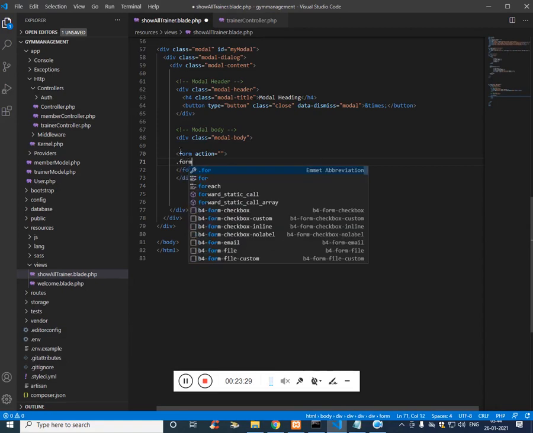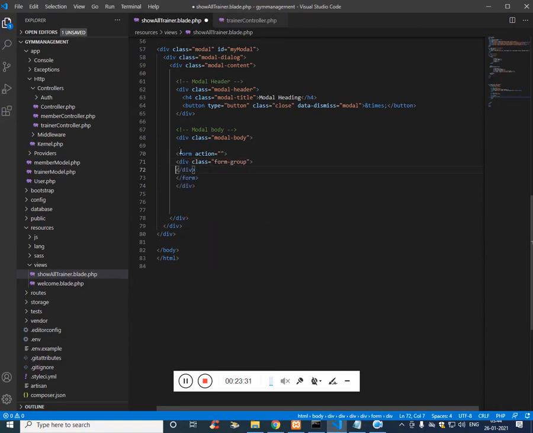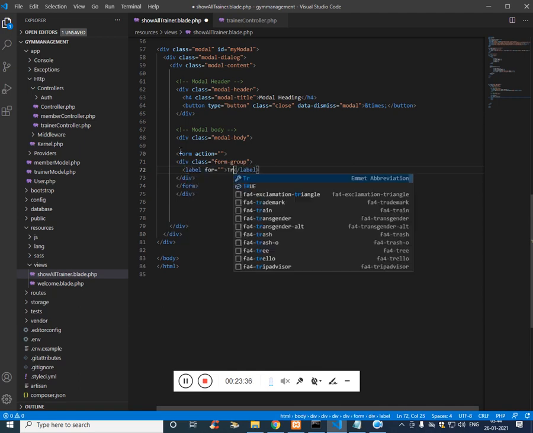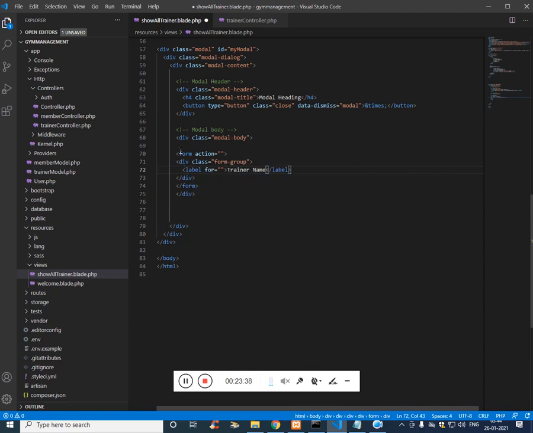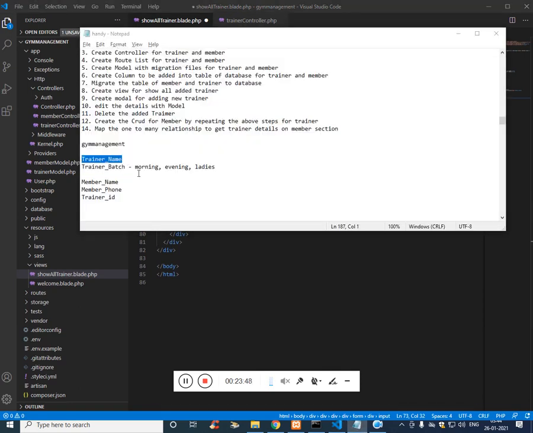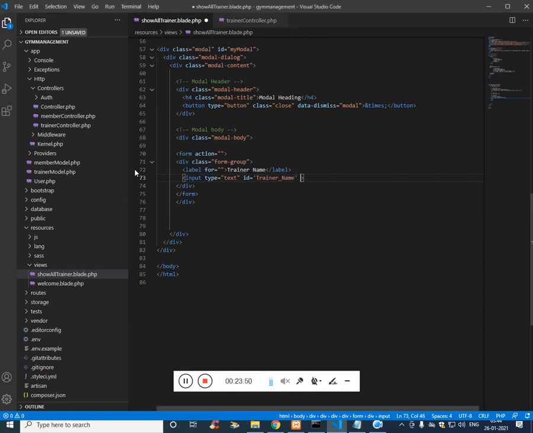Form group, label, trainer name, input type text, ID is going to be, let's use the same ID as our column name, so we don't have to copy paste many times.